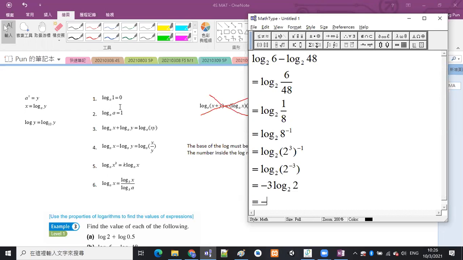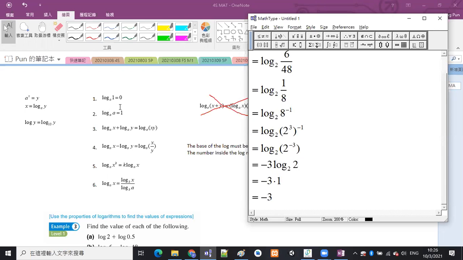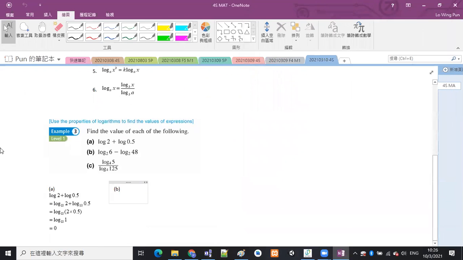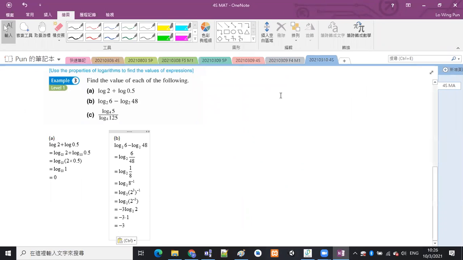So it becomes negative 3 times 1. And the answer is negative 3. Can you get it? 得唔得？呢度嗱，你做落咧。